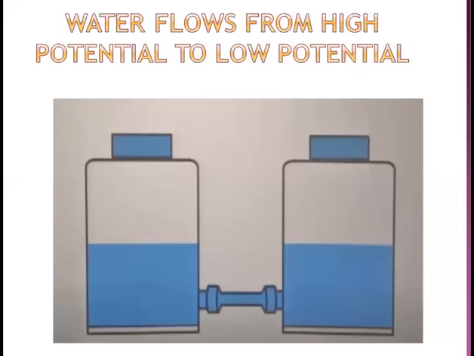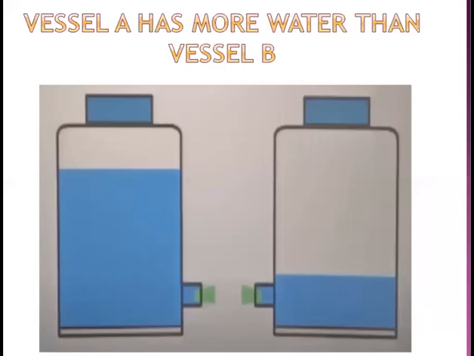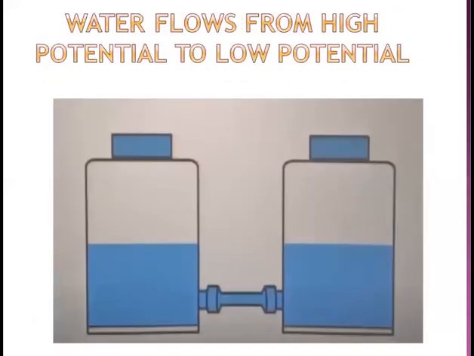We have seen that when we consider two vessels, vessel A and vessel B, that have an unequal amount of water in them, under such circumstances, when these vessels are connected with a pipe, water will flow. We saw that in our previous class: the difference in water level was compensated by water flowing from vessel A to vessel B. So the moment we connect the two vessels, water will flow till the level of the water becomes equal.